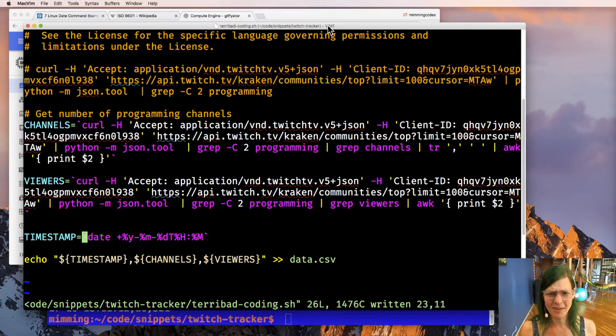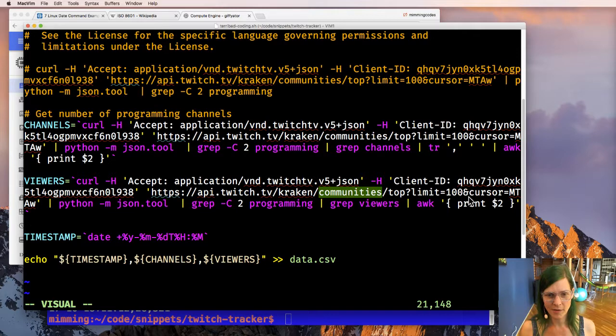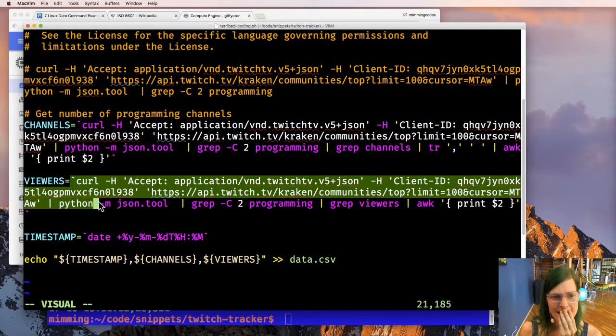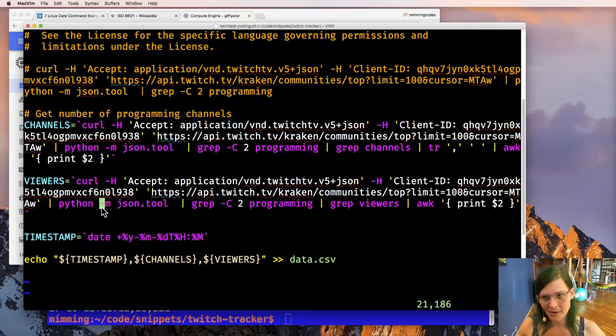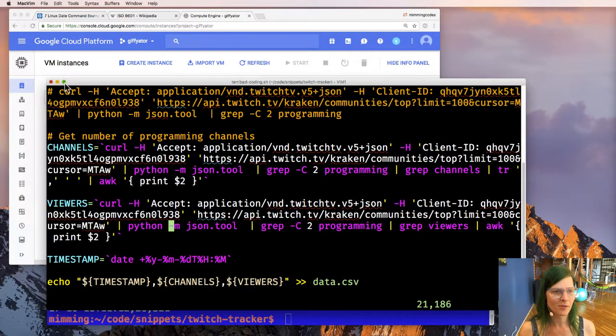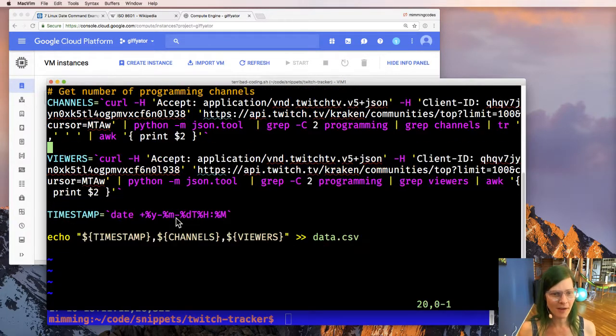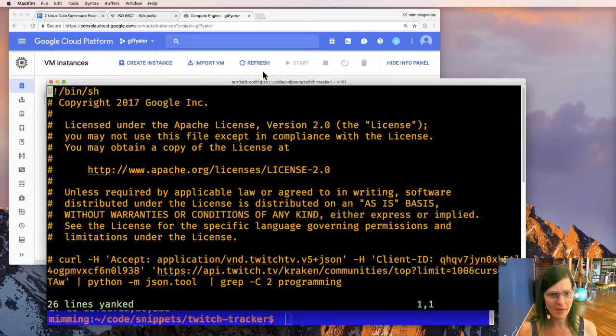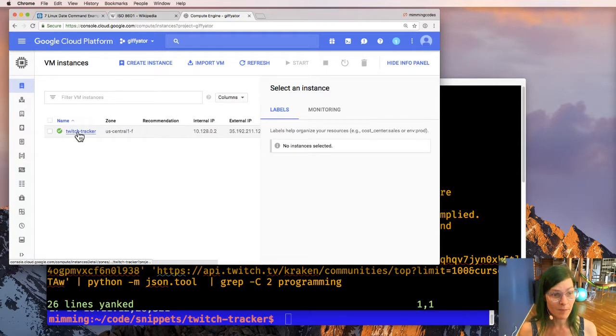Actually, this one doesn't look too bad. I'm trying to think of ways you could construct a community name to do code injection. I don't know if you can convince grep to execute code. Awk, you might be able to inject something, because this is just running a printed up program here. Yeah, there's probably some RCEs that I cannot identify off the top of my head. The general rule of thumb is don't do things with shell scripts. Even though, you saw how fast that was. This is such a fast and dirty way to get these things working.